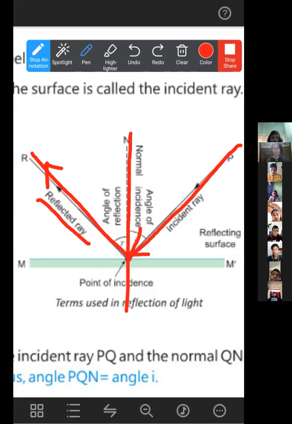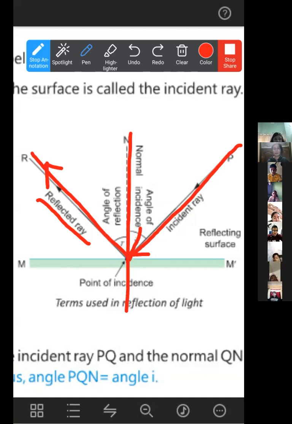To that M or mirror. Here M means mirror, M dash, that is indicating the mirror on which the reflection is taking place. But this term normal will be used many times later, because normal is not only important for reflection, it is also very, very important for refraction. You will learn it later.